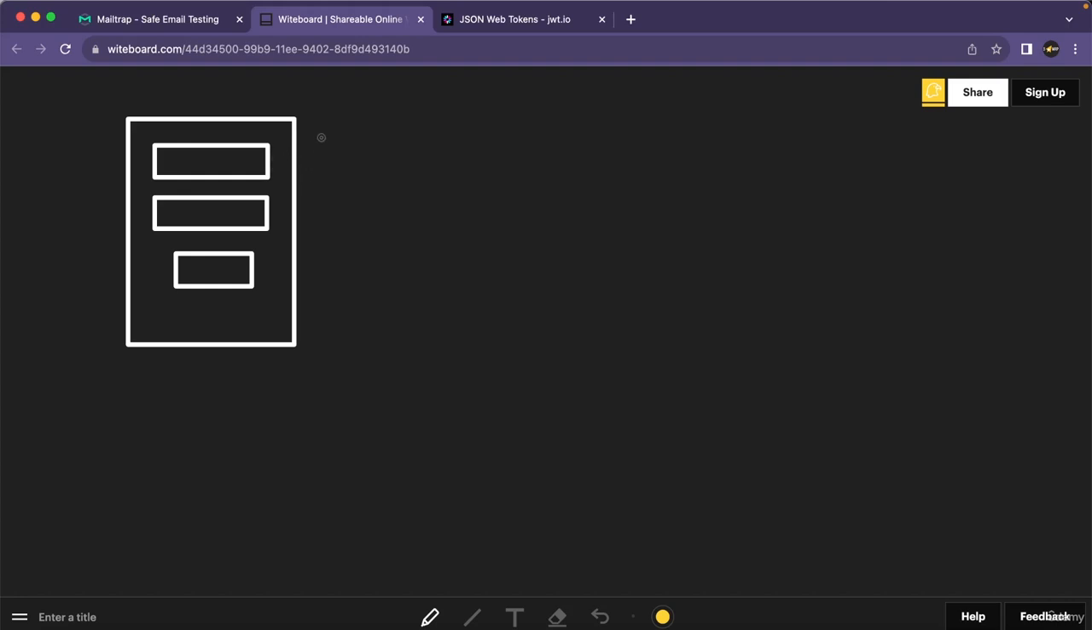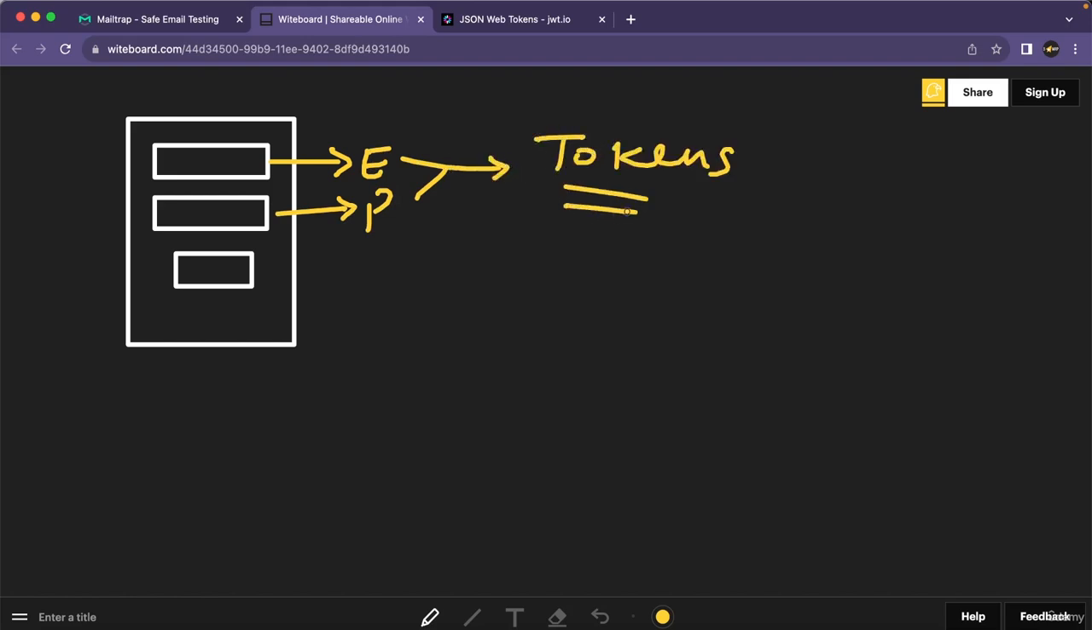As we discussed in the previous video, now when a user wants to log in inside our application, they need to send their email and password. So this is going to be our email and this is going to be the password. Once we verify both of these things, we are going to generate the tokens. And now when we are going to use these tokens, inside our application, there are going to be multiple